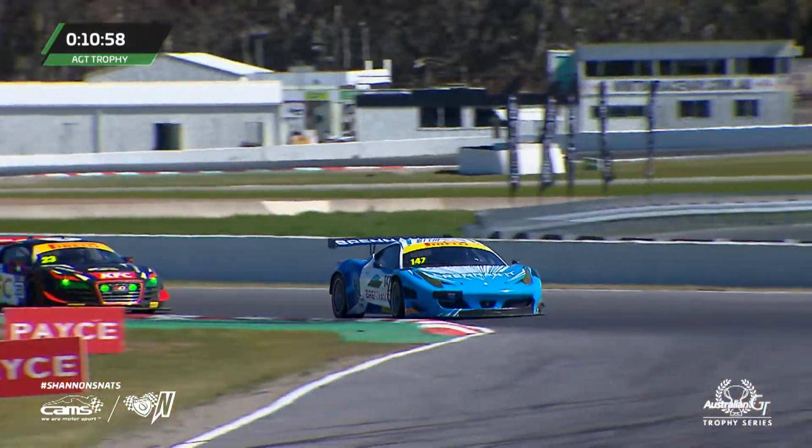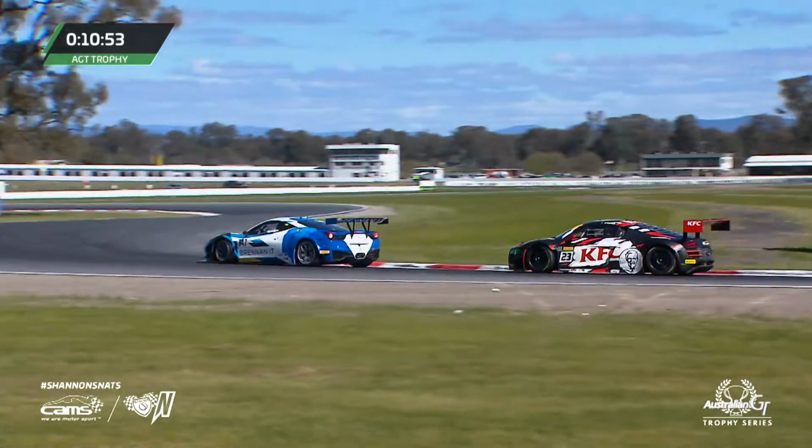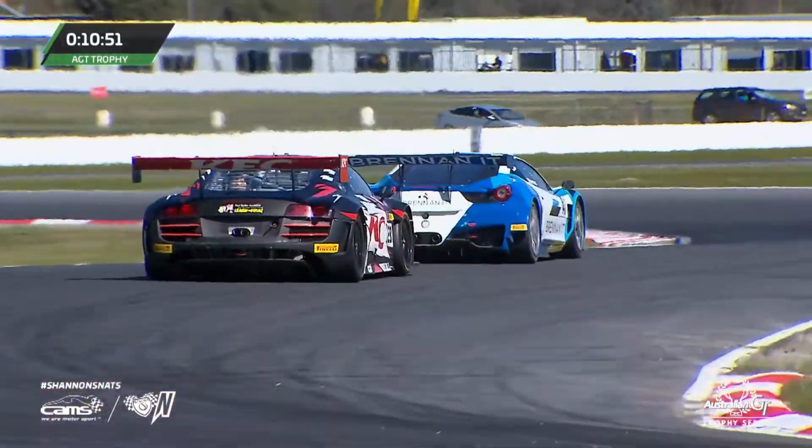So Dave Stevens is currently leading the way. We can see the gap to second place of Matt Stupas. Then Scotty Taylor, some 15, 16 seconds back to Rio Nagaro. Nick Kelly